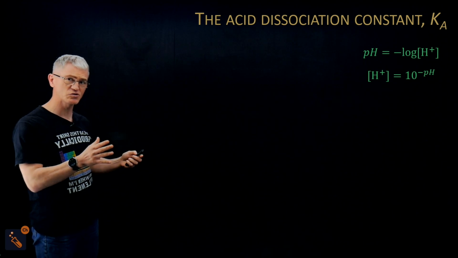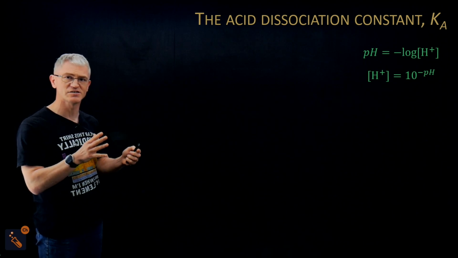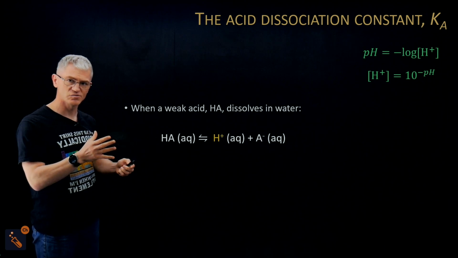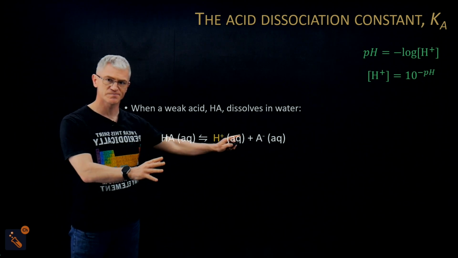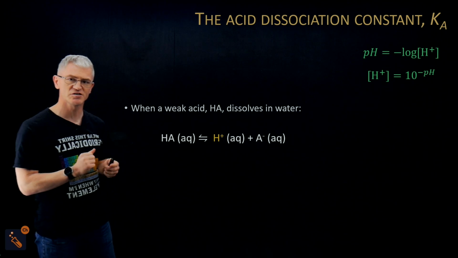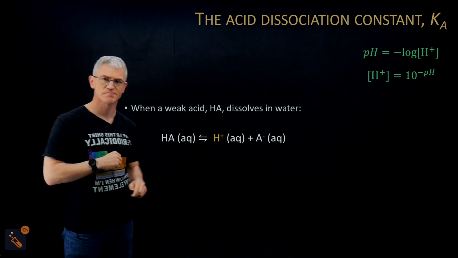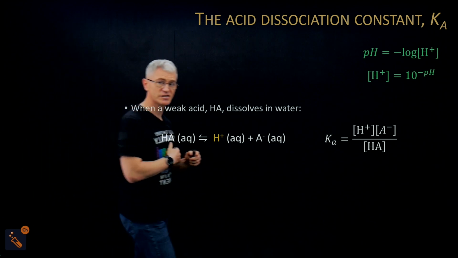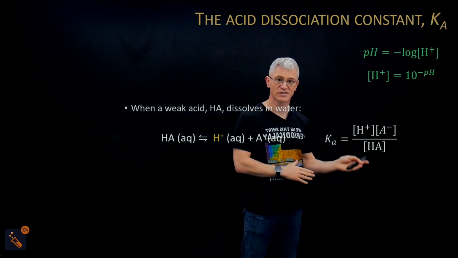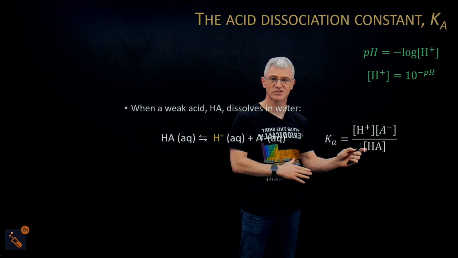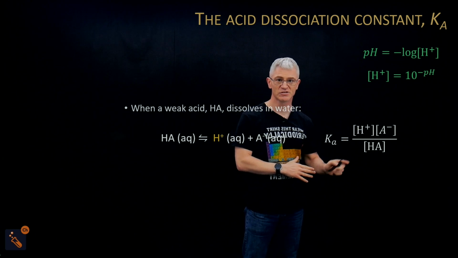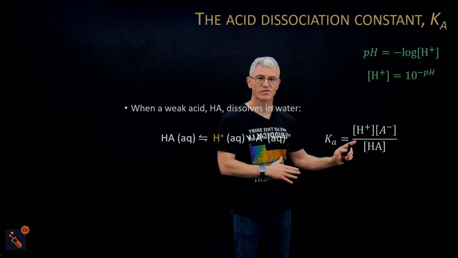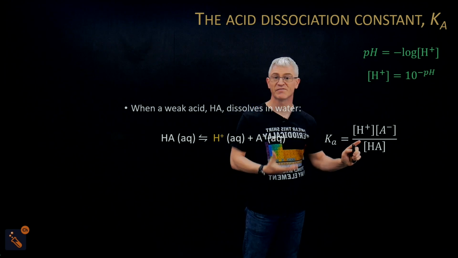So this is all going to be based, our calculations, on the acid dissociation constant. So when it dissolves in water, you get this equation, H plus and A minus, the conjugate base A minus. And then from there you get the Ka equation. So the Ka equation is this, products over reactants. And this is what you're going to use to calculate your pH by finding out what the